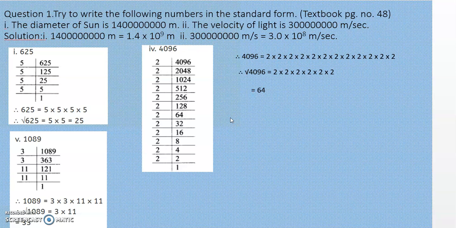Complete the exercise, whatever is set in your notebook. The next topic is the joint bar graph, which we'll do at the end. Before that we'll do the chapter on sets, chapter 8, and the bar graph we'll do at the end. As chapter 8 gets over, be ready with the graph paper. No need to buy a graph book. If you have the graph book of the previous standard, you can use that book for completing the joint bar graph lesson.